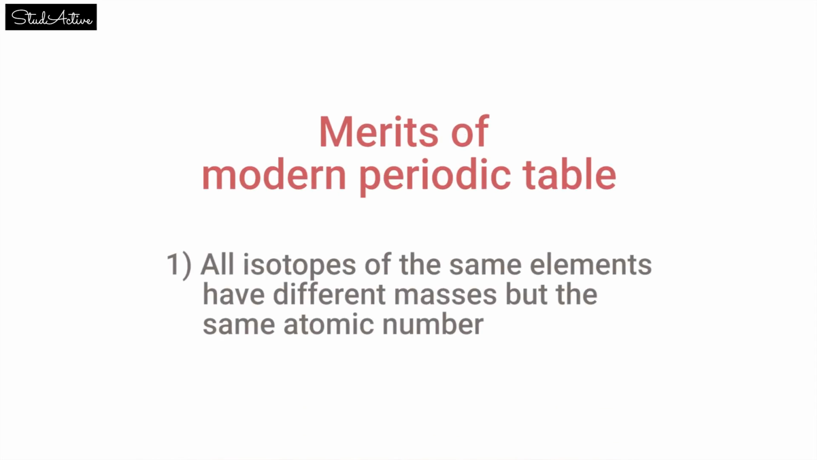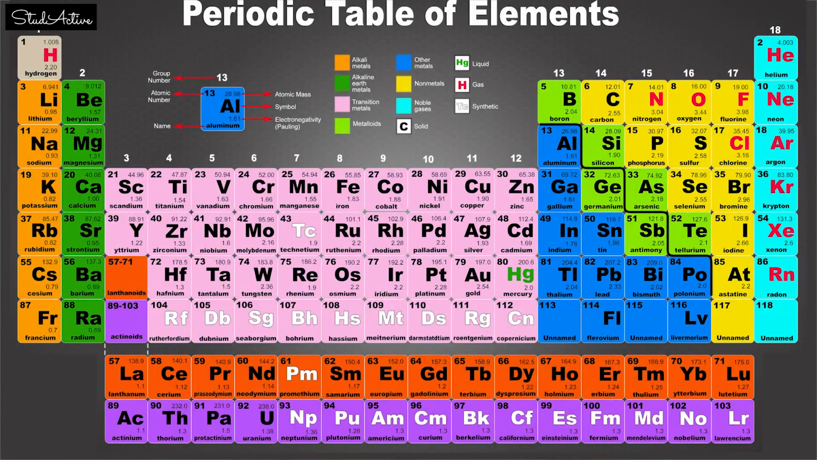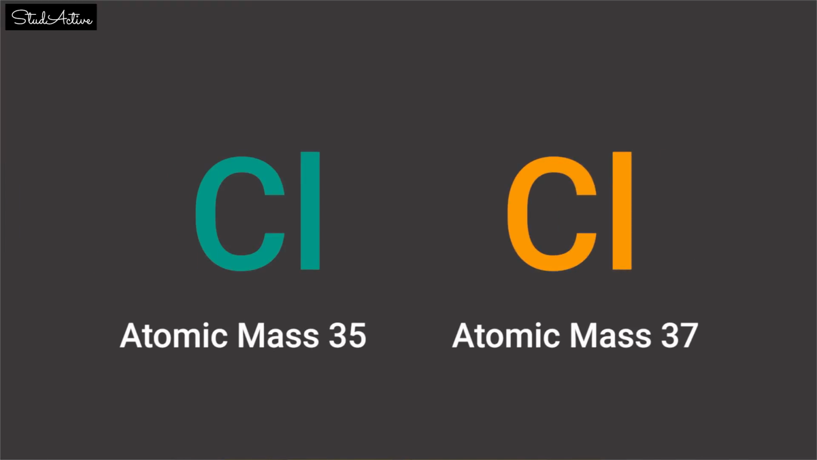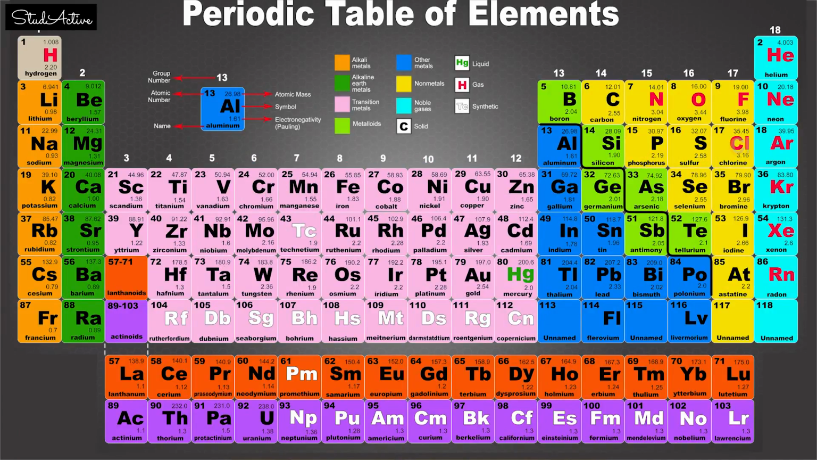Now let us see the merits of modern periodic table. First, all isotopes of the same elements have different masses but same atomic number. Since they have same atomic number, they will have the same position in the periodic table. They need not have any different position as observed in Mendeleev's periodic table. Hence, both chlorine 35 and 37 will be placed in the same position as we can observe in this modern